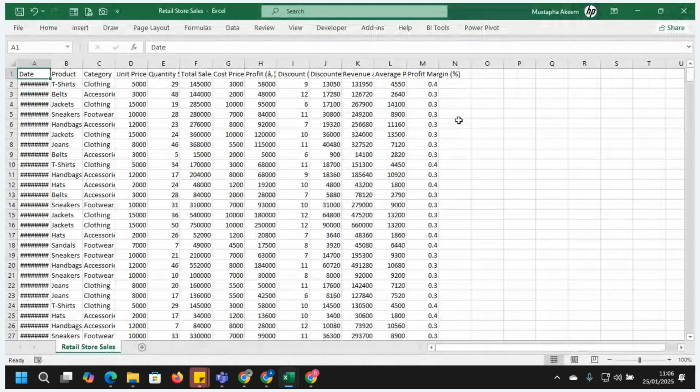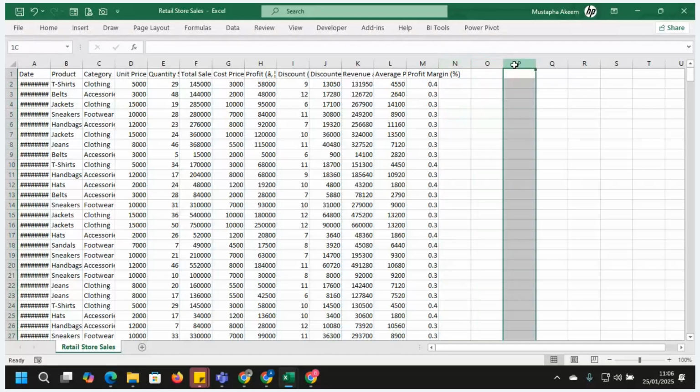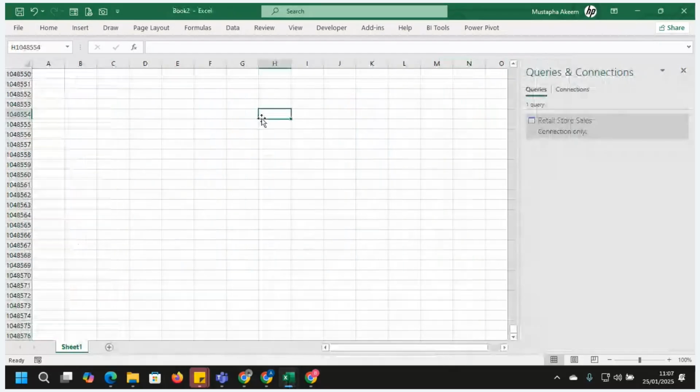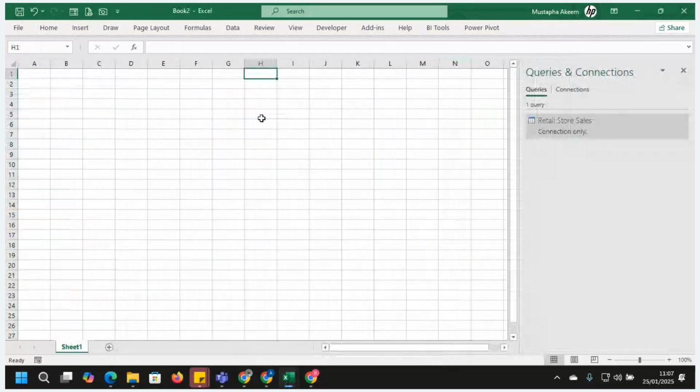Now we are ready to work in Excel. So let me go in. This is the one we have. You can see that there is no column for date, year, everything. This is our original data. This is what we are working with now. There is no data in this workbook.